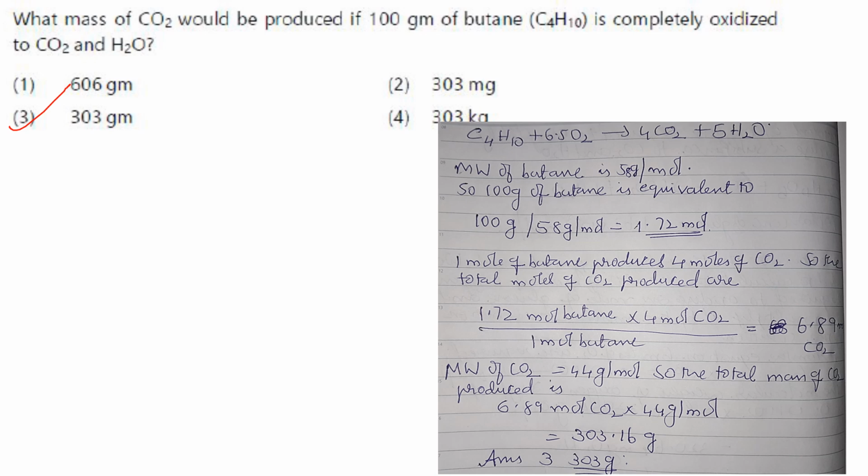So 100 gram of butane is equivalent to 100 by 58, that is 1.72 mole. 1 mole of butane produces 4 moles of carbon dioxide as per the equation. So the total moles of carbon dioxide produced are 1.72 mole of butane × 4 mole of carbon dioxide by 1 mole of butane, that will be 6.89